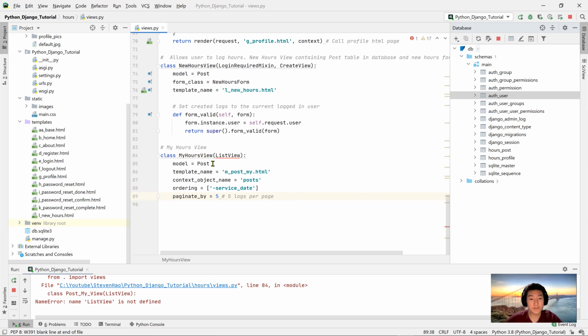Therefore, the model is from post. The template name we can set to m_post_my, just so it goes in order. This doesn't really matter right now. We're going to be getting our posts and ordering them by service date, and we'll be paginating them by 5